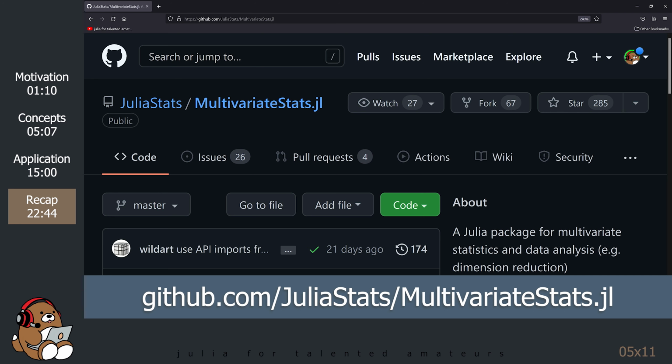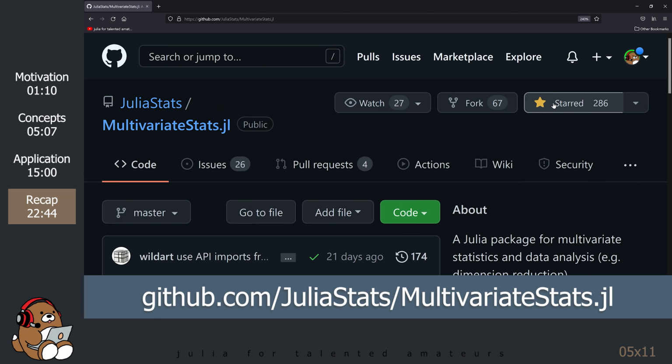The MultivariateStats.jl package is not a machine learning package per se. It's primarily a statistics package that may be used with machine learning applications, among other things. The package contains a lot of different analytic tools that I did not cover today, so be sure to check it out. Unfortunately, I do not know who the original author is, but please be sure to show your appreciation to the developers and the contributors by going to the GitHub page of MultivariateStats.jl and leaving them a star.